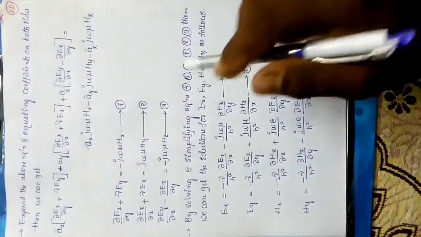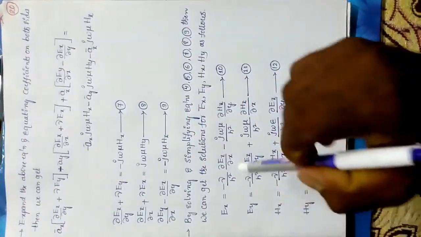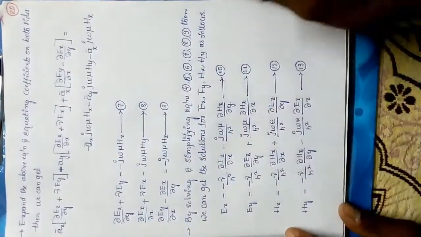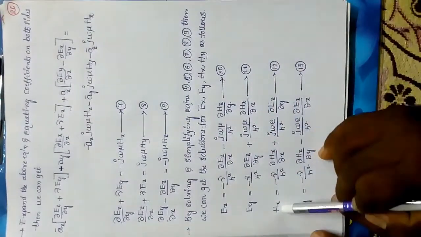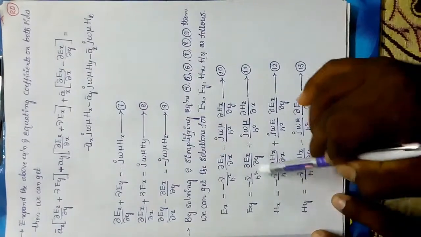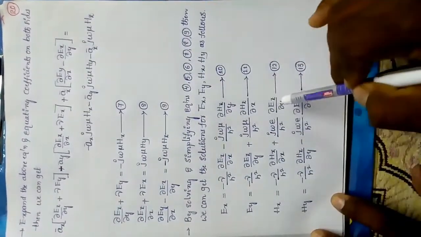If you feel these expressions are very big, I am going to say one trick for how to remember them. Just use it after you listen first. I am going to say an easy trick. The expression for Hx is equal to minus gamma by h square into dou Hz by dou x plus j omega epsilon by h square into dou Ez by dou y, and this